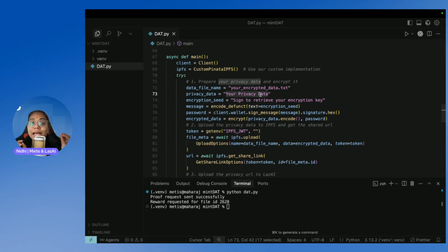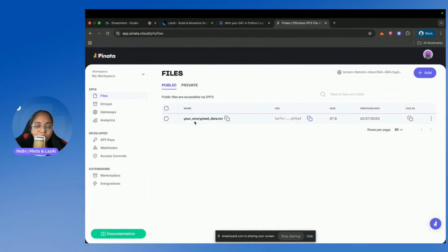You can pass that data into this privacy data variable, and it will be stored in the Pinata IPFS. It's stored encrypted, because when you download it,